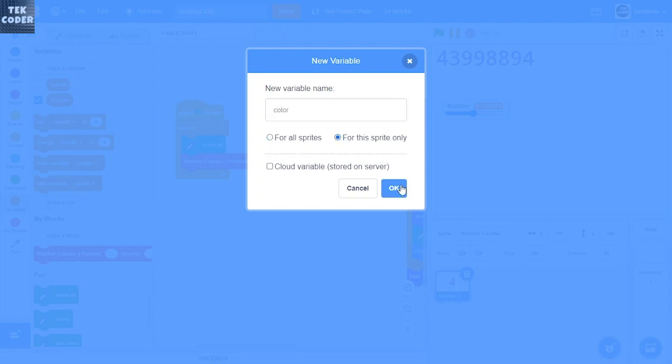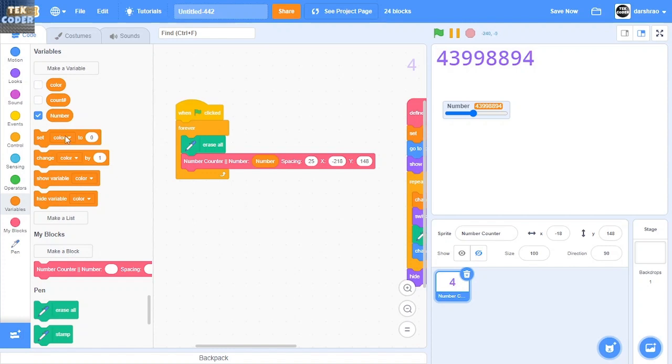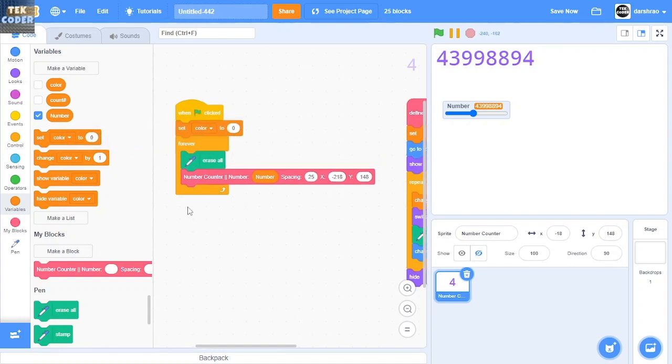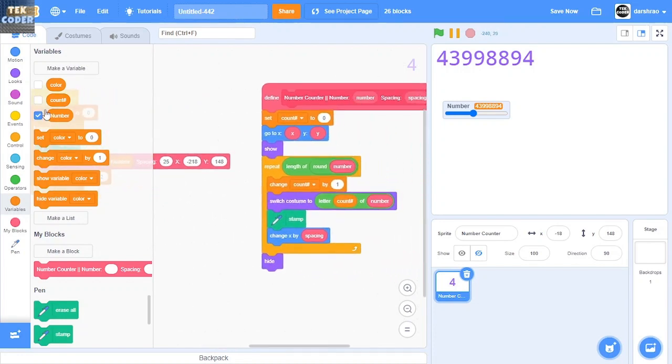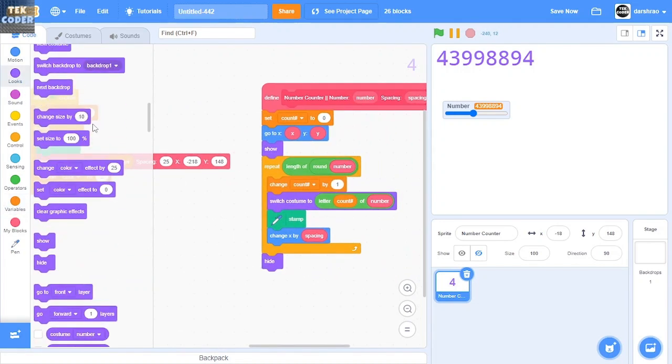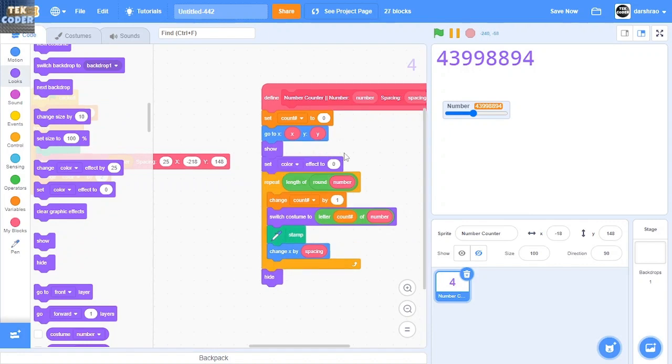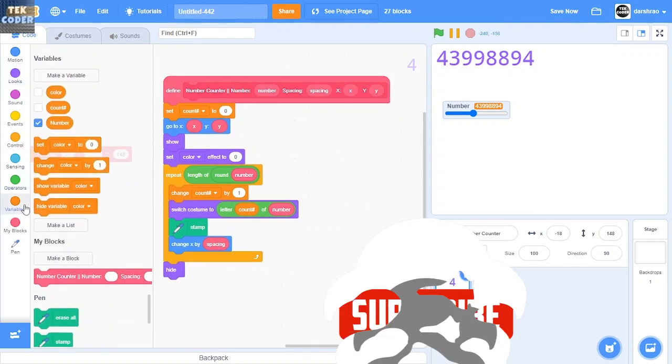Let's just set it for the sprite only. So first let's set the color to 0, and then let's change it by 2 here under the number counter block, and then here the block we'll set color effect to color,